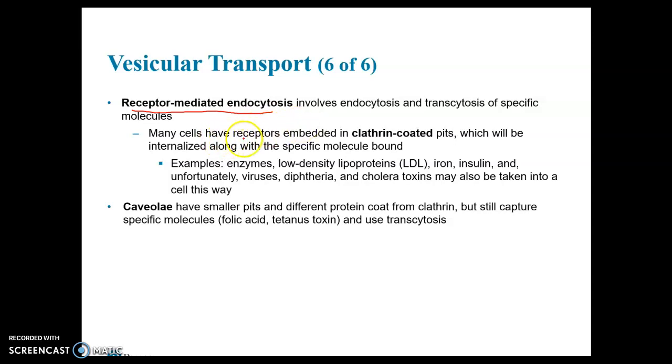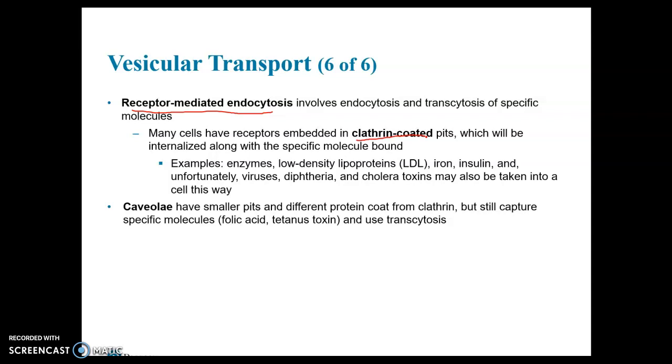So we saw a picture in the last lecture. Many cells have receptors embedded in clathrin-coated pits. So that was when we first started talking about bulk transport. You saw these molecules called clathrin that were coating the part that forms around the substance being brought into the cell. So that clathrin, remember, it was recycled after it was used. But anyway,